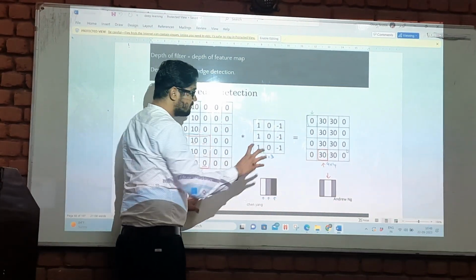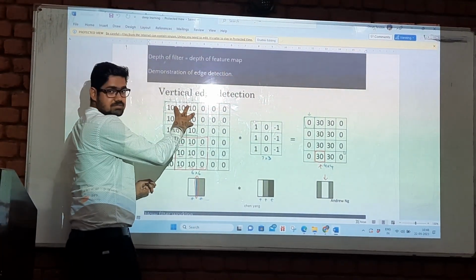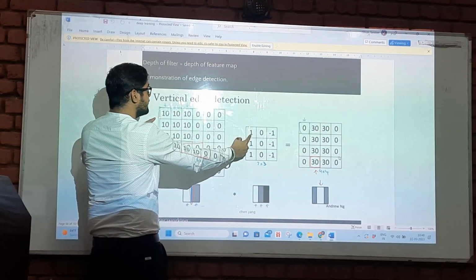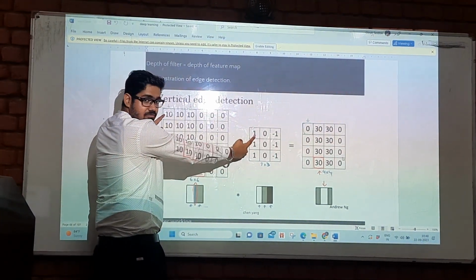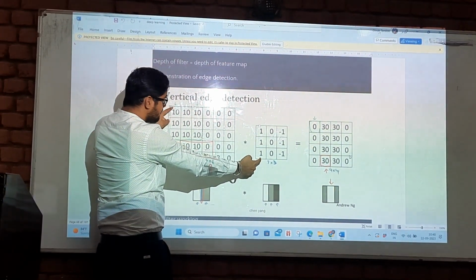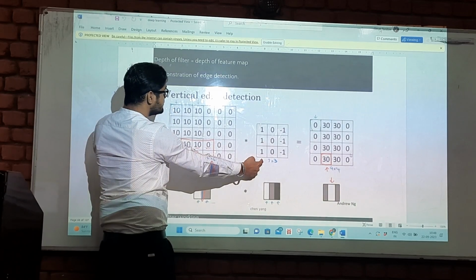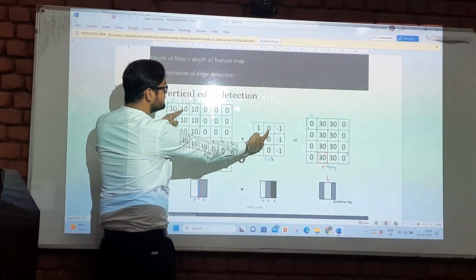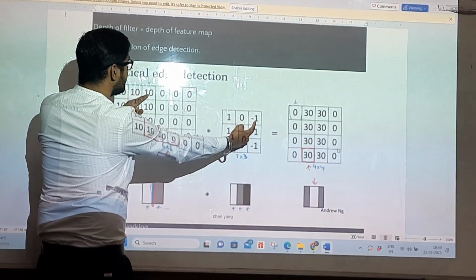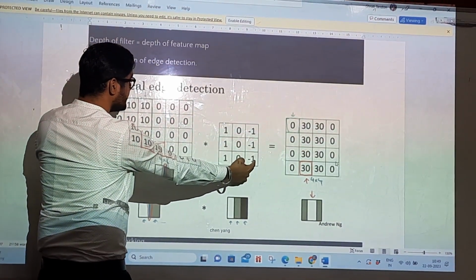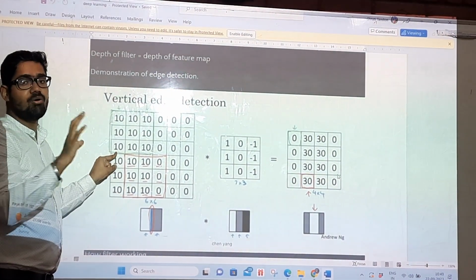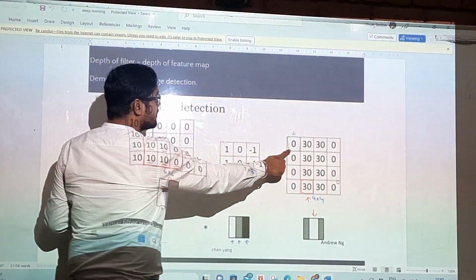In the first step, we take this filter and put it on the image. Now calculate the respective values like this. First of all, we multiply 10 with 1, we get 10. Similarly, in the next case, we get 10 and 10. Now we add all the numbers. In the first three positions, we get 30. Now these terms are zeros, so 0 into 10 is 0. This term is also 0, this term is also 0. In the next step, what do we get? Minus 1 into 10, minus 10, minus 10, minus 10. So this layer's total sum is minus 30 and the first layer's sum is 30. So the output becomes 0. So we put 0 here.